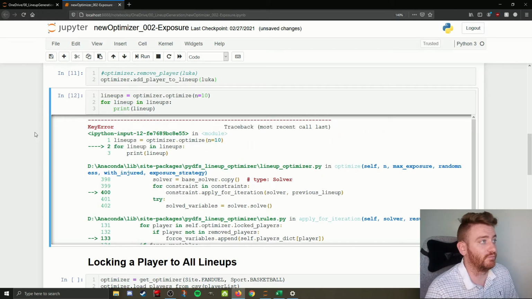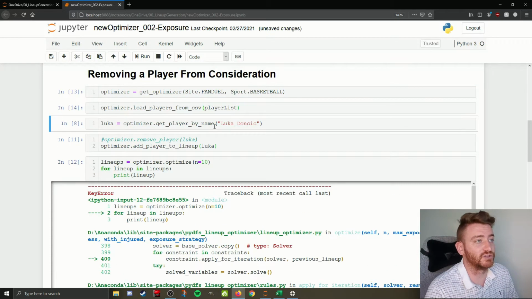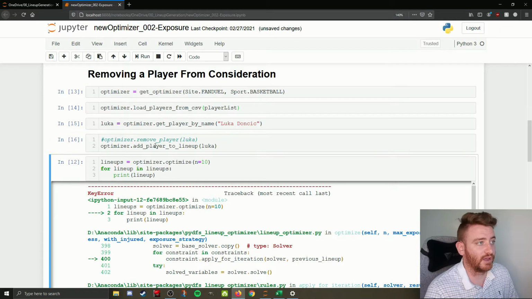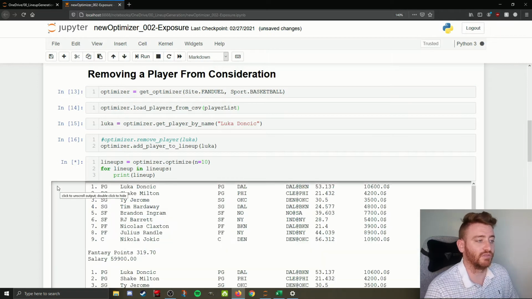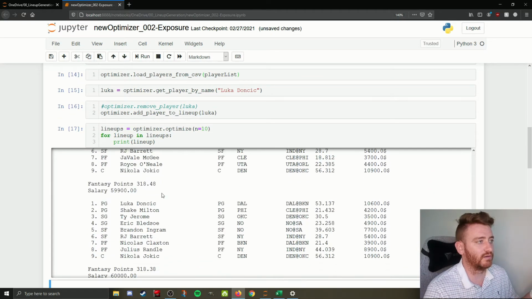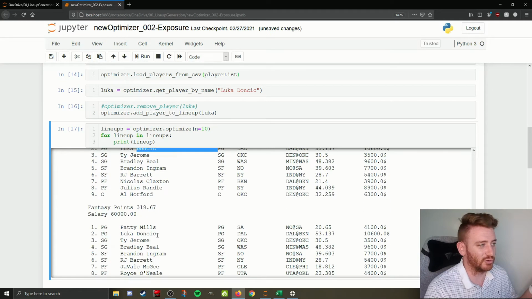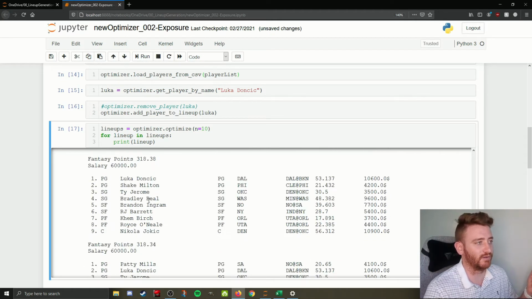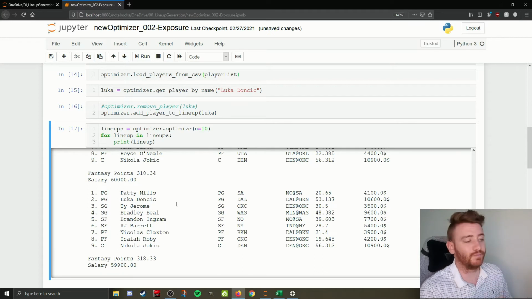So all you have to do is reinitialize your optimizer, add player to lineup, and now say I want the 10 best lineups that have Luka, right? So now we can see Luka's going to be on every single one. Might be PG2 if he's not PG1, but he's there, okay? Luka's on all the lineups. Cool. Now, that's not really a fair thing to do because Luka was already on all the lineups, but